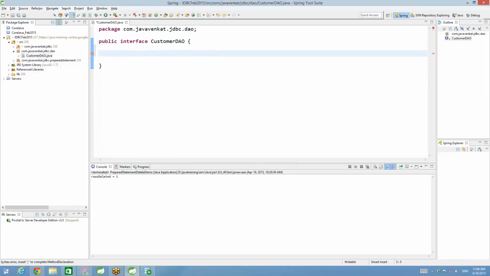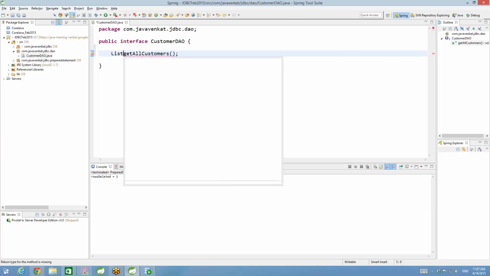So get all customers. Come on, help me here, please. Get all customers, right? I don't give you anything, no inputs, just give me all the customers that you have in the database. This one, we will not typically have this kind of method, right? Because you're reading the whole database, but I'm just putting it for our learning purposes, okay? Typically, we don't do this one. Nobody is ever interested in all the customers that you have in the database. So anyways, I'm doing it for our reasons. So get all customers, and then what's the return type? What is the return type? List of